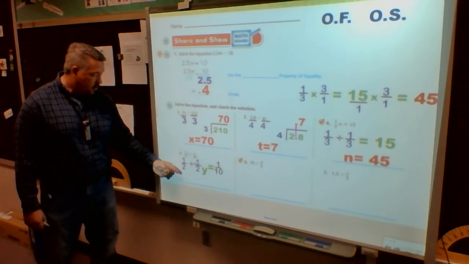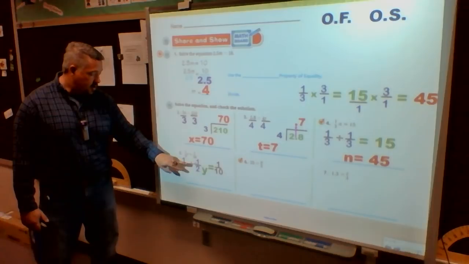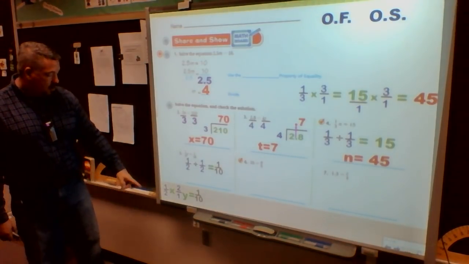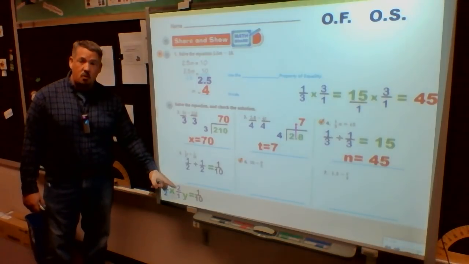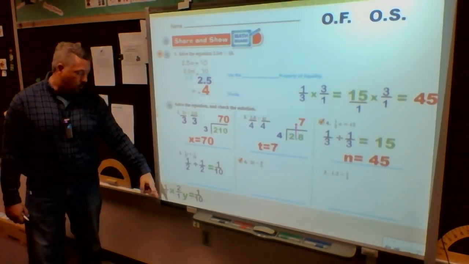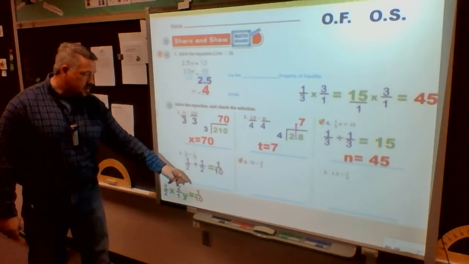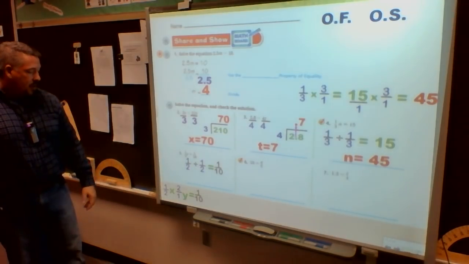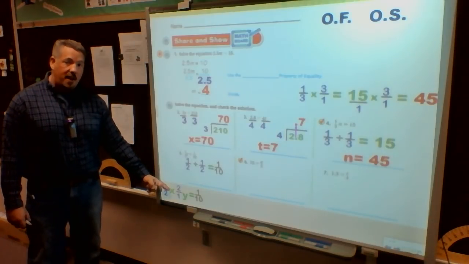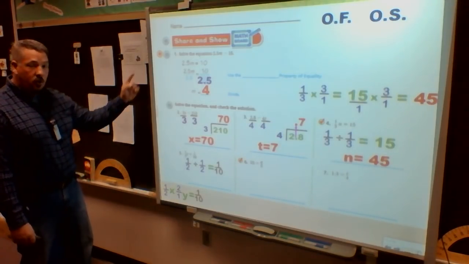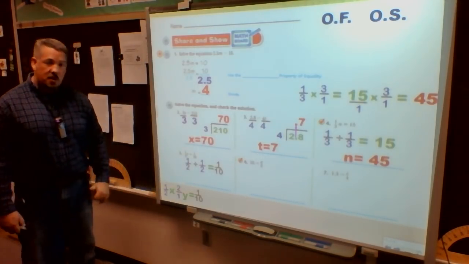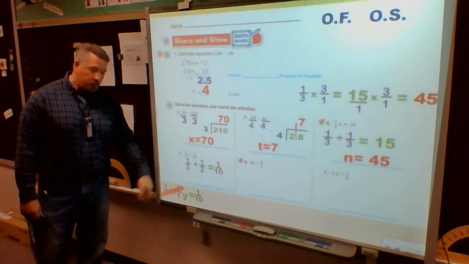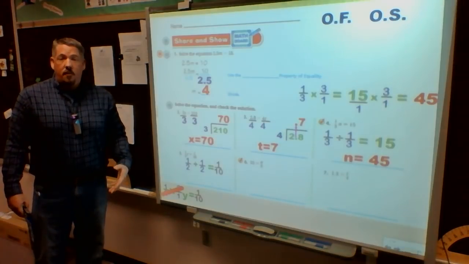So I know I'm going to multiply by its reciprocal. I keep my first one. Division becomes multiplication. Flip my second fraction, so it becomes 2 over 1. So I end up with 1/2 times 2 over 1 times y equals the 1/10. So the y and the 1/10 stay the same. Now that I know what I'm multiplying by, now I'm going to do it on the opposite side because these would just cancel out. Canceling them out. Once again, if you want to, put a line through them.